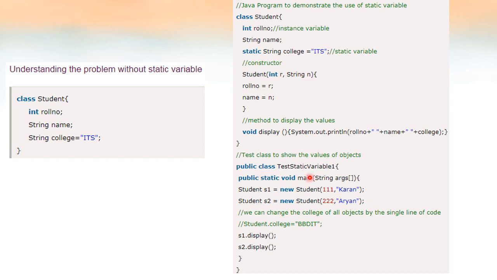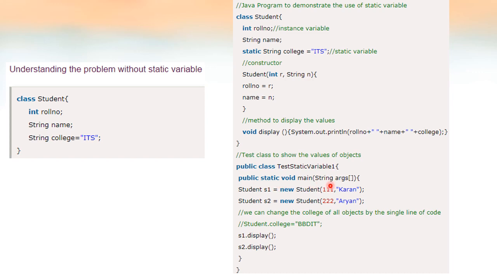We have to execute this entire program through this class, because the method from which the execution of a program begins is the main method. It is located inside the class named TestStaticVariable1. So this is the driver class, because this class is going to drive our program.